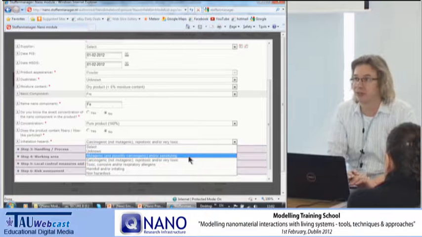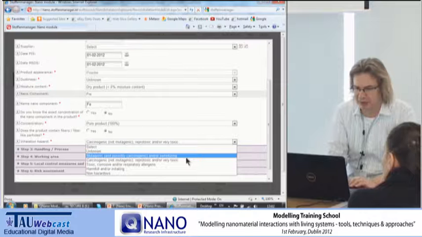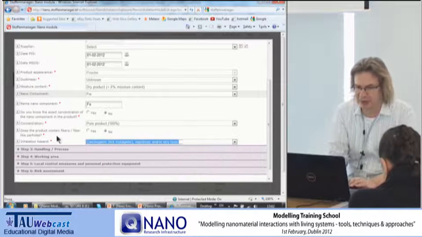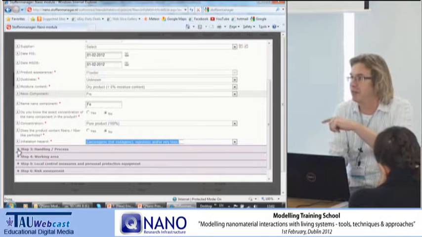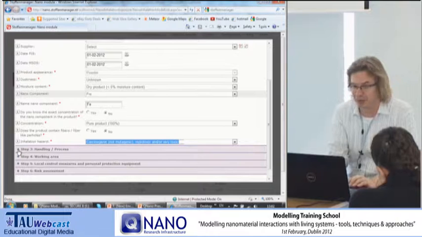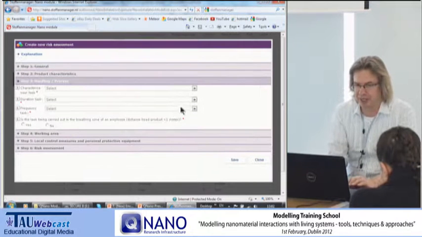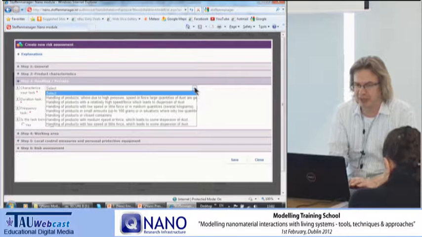Any toxicologist amongst us? We'll stick with carcinogenic then. That obviously doesn't have an impact on your exposure modeling, but it does impact your risk control banding assessment. So the next step asks you to